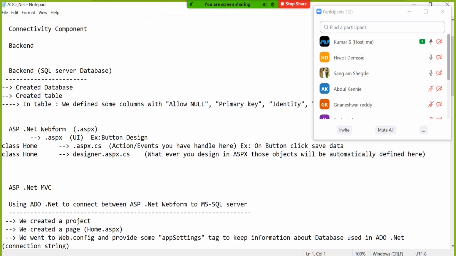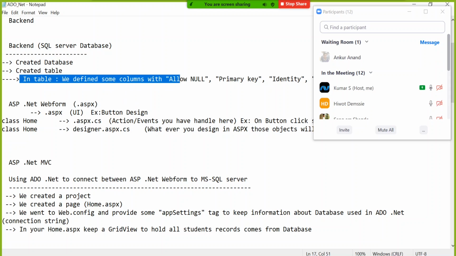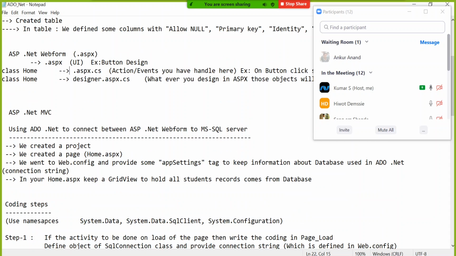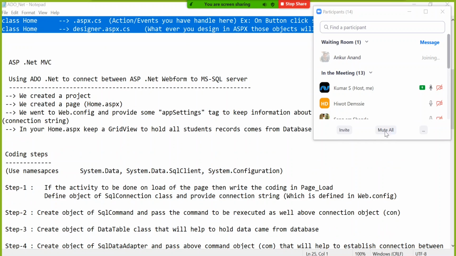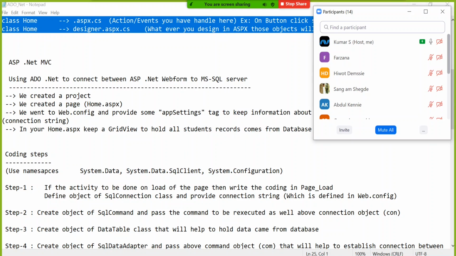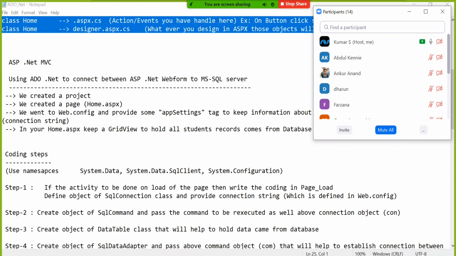Backend SQL Server. We created a database and then created a table. Inside the table, we provided some example data, and then in the front end, we designed a page, an ASP.NET Web Form page. And when we created one solution in ASP.NET Web Form, we created a page called home.aspx, and then we